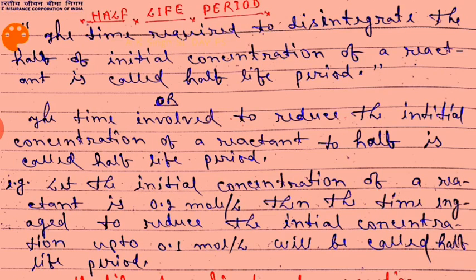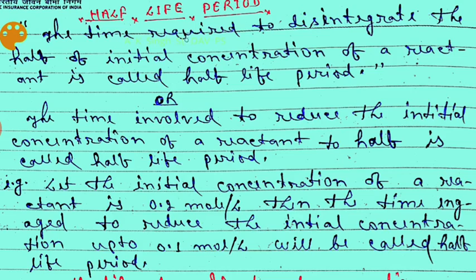Again, you have to study chemical kinetics. In this chapter, you have read what is first order of reaction, and you have determined the rate constant of first order of reaction. Now,